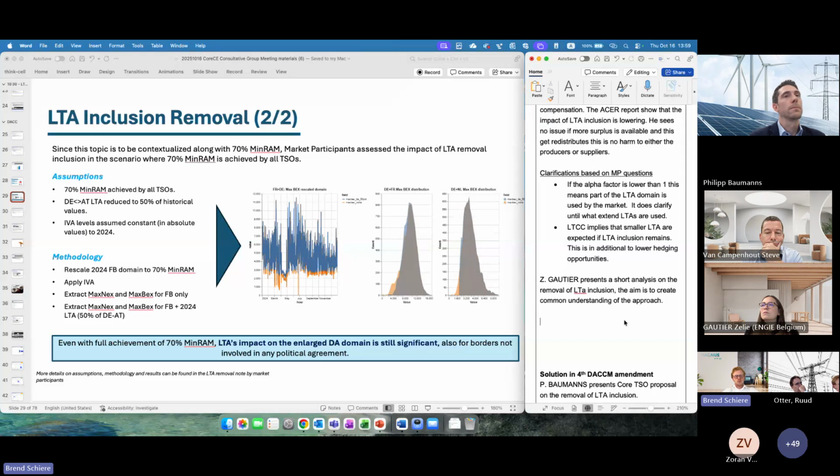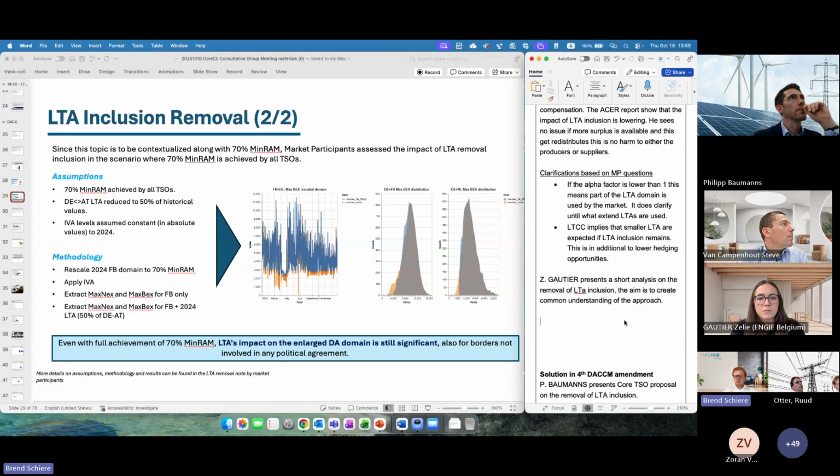And we assumed the IVA levels constant to 2024, which is again an optimistic assumption, because we assume them constant in absolute values, while we know that when MIRAM increases, IVA levels are also supposed to increase. But we took the 2024 level as it was. So the methodology is a bit like this. We took the domain, we rescaled it, we applied the IVAs, and then we extracted